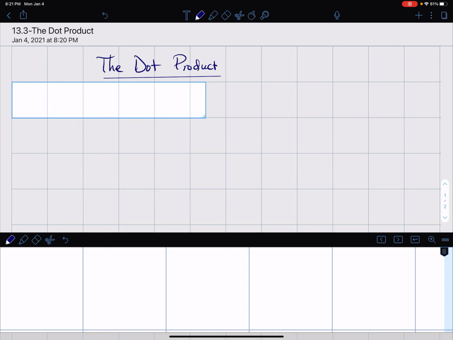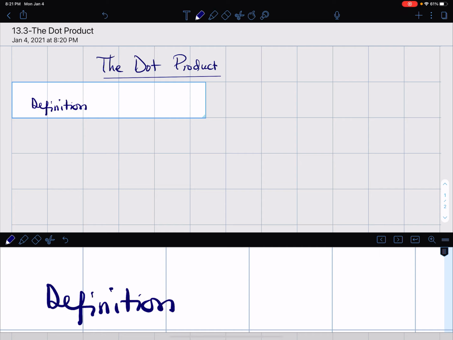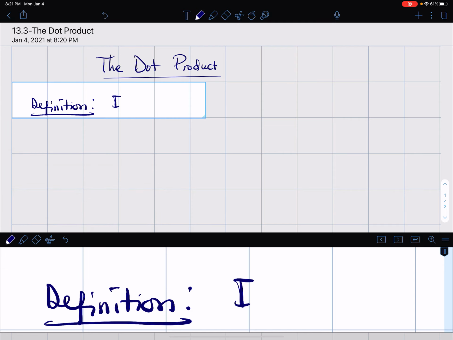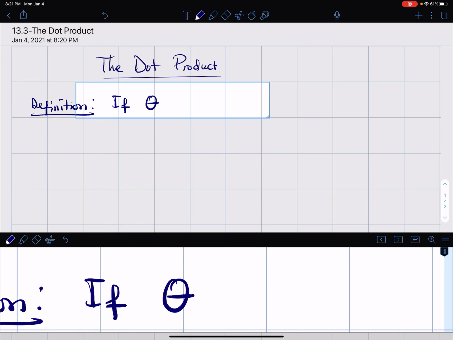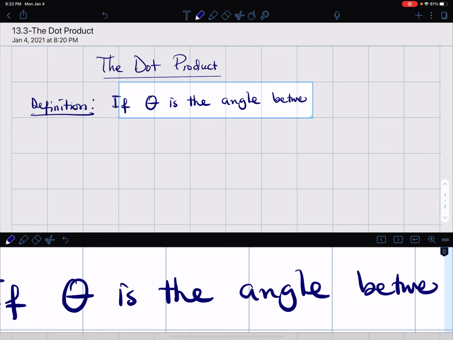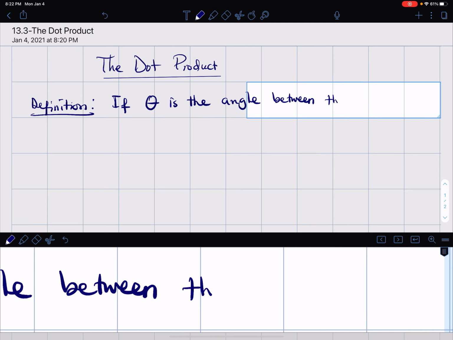All right, let's talk about the dot product of two vectors. Definition. Now, consider the angle, let's call it theta, between two vectors. So if theta is the angle between the vectors u and v,